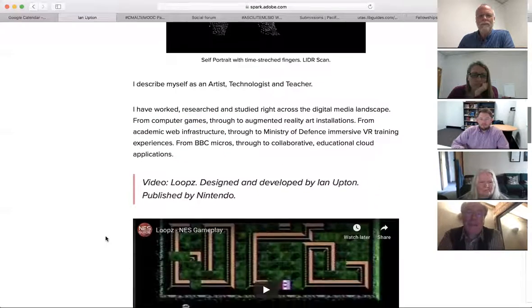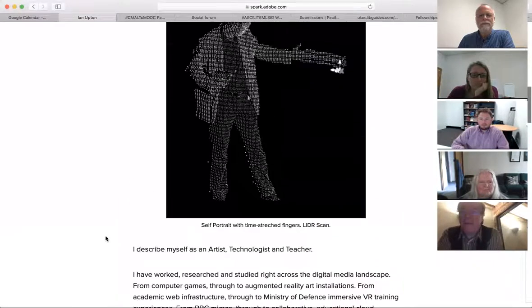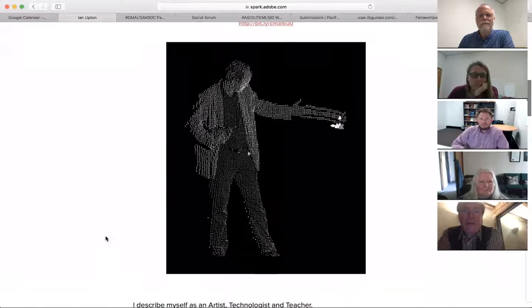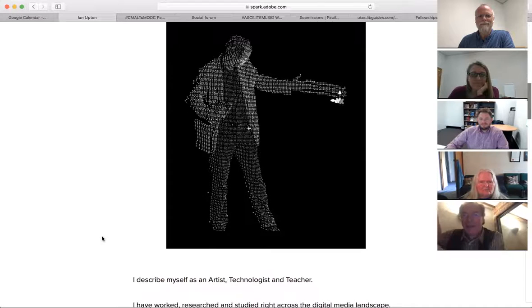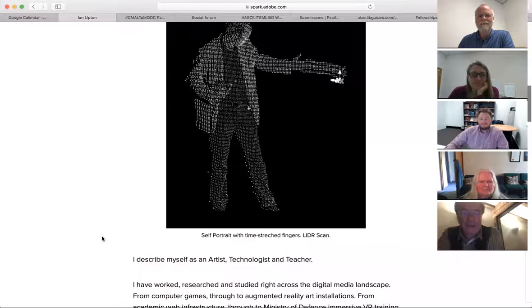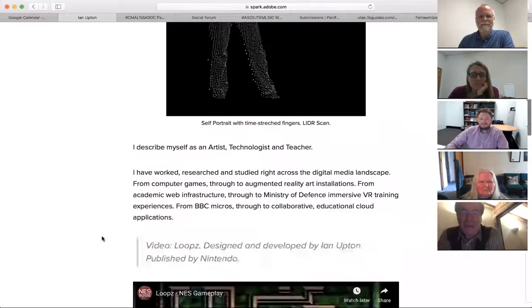If you're interested, that image at the top was something that I did quite a long time ago. I did a lot of work with LiDAR, scanning people with LiDAR. Normally, you scan buildings and things and people aren't allowed anywhere near it. So I got quite fascinated with creating LiDAR images of groups of people. And that was a bit of a self-portrait with me pulling my hand across as the scan was going across. Yeah, just scroll down, Tom, and there's a little bit of my history.